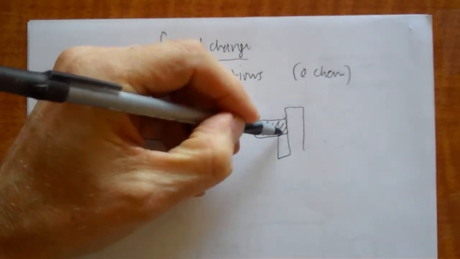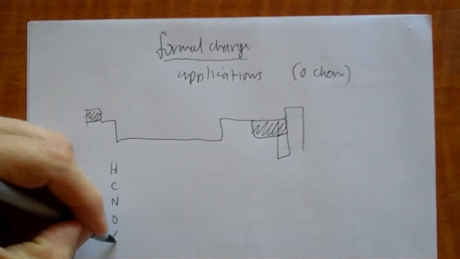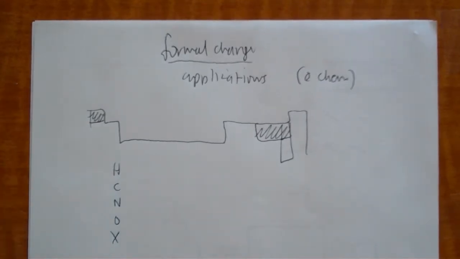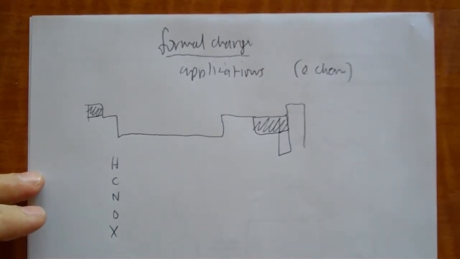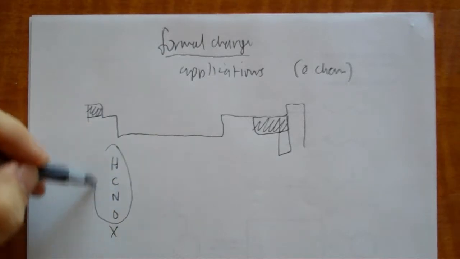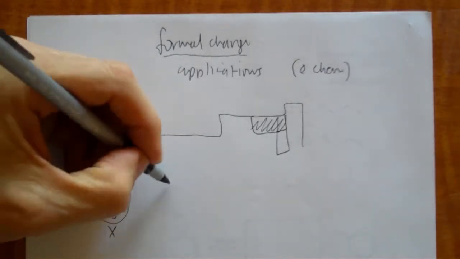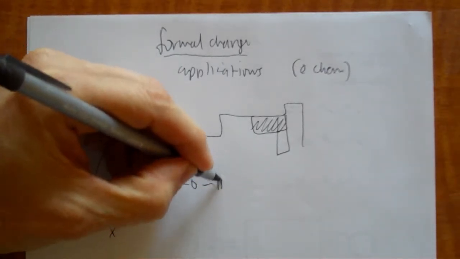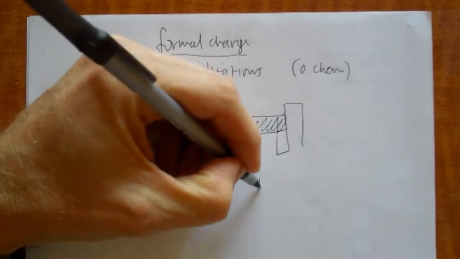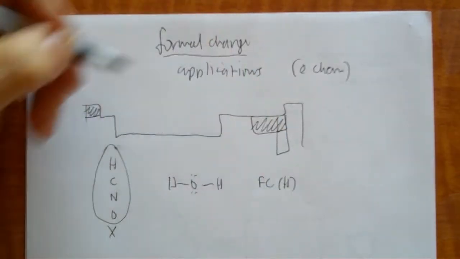And yes, it's true that we care about some halogens too, right? And definitely there's some other elements that creep into organic chemistry, but this is really where our world exists, and I'm going to include halogens in this. So 5 things. So what this means is, let's look at some examples which we looked at before for formal charge here. The formal charge of hydrogen here in this compound